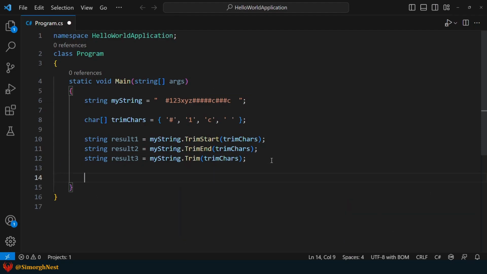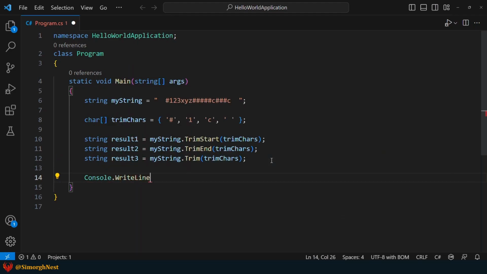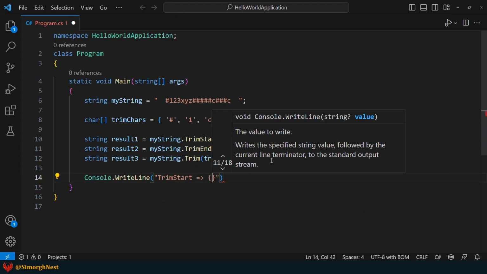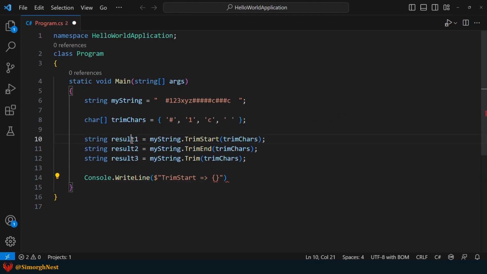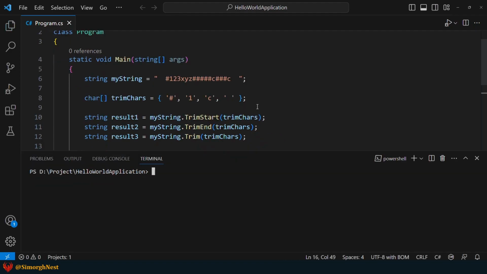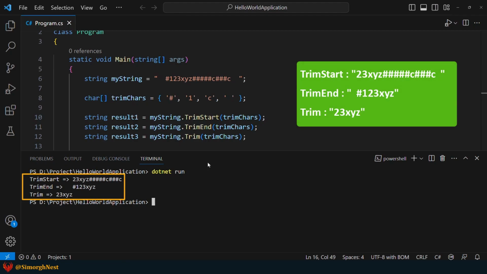Now, let's display the result in the terminal and run the application to see the result. As you can see, we get the expected result.